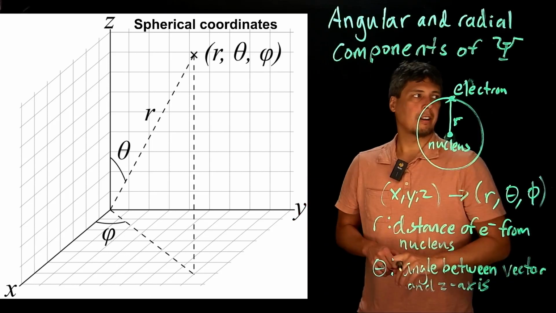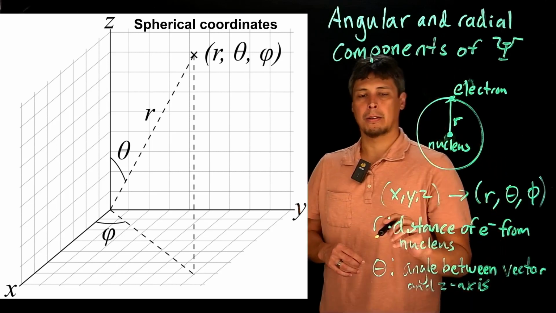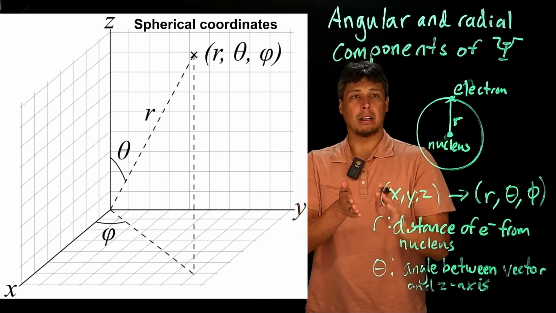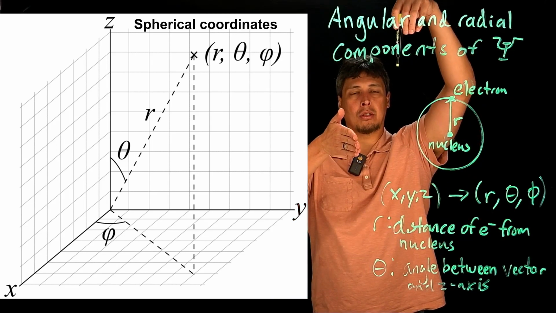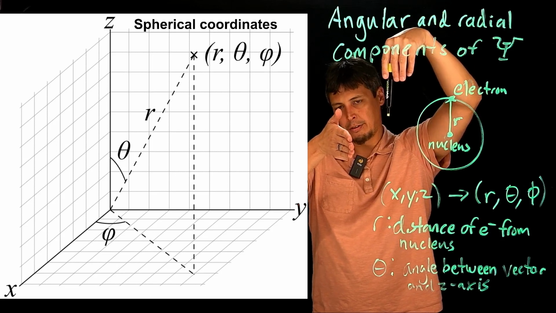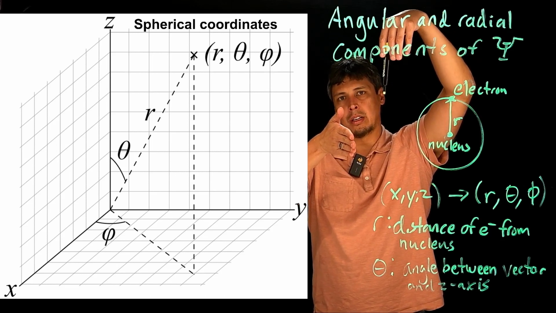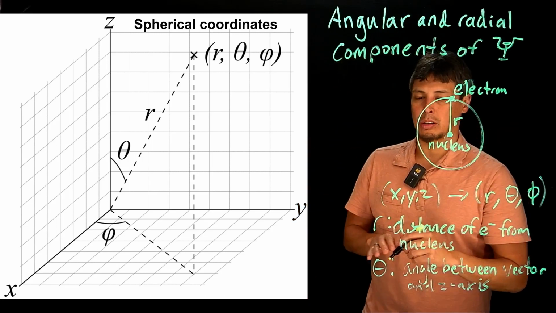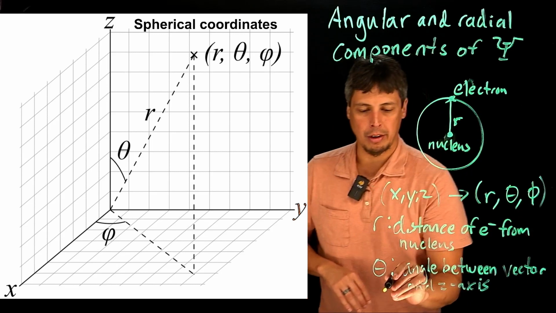Right? And finally, we have phi, which is the angle between the x-axis and a point that is projected from where the electron is down to the xy plane. And this is seen more clearly on the figure here, but